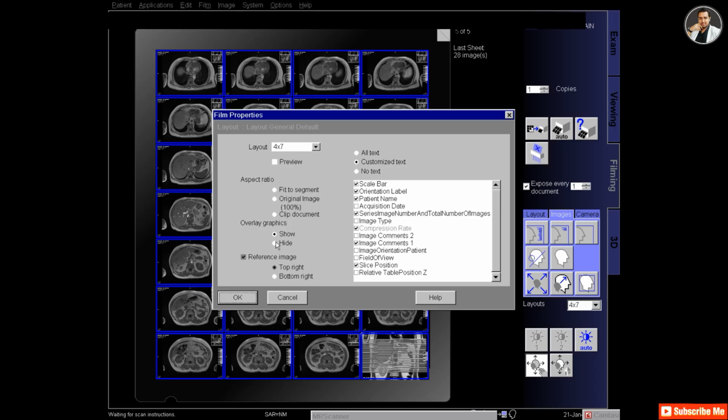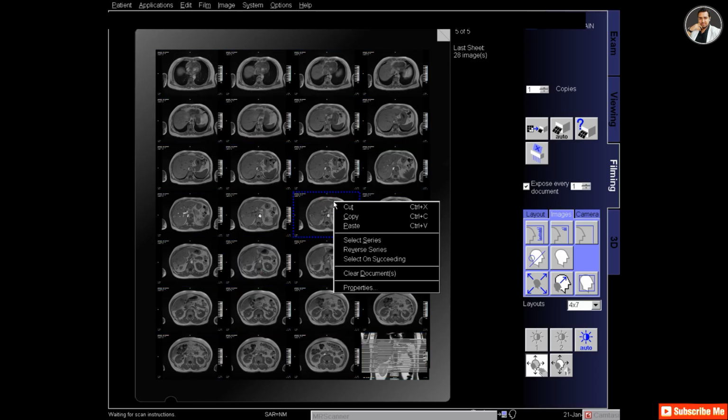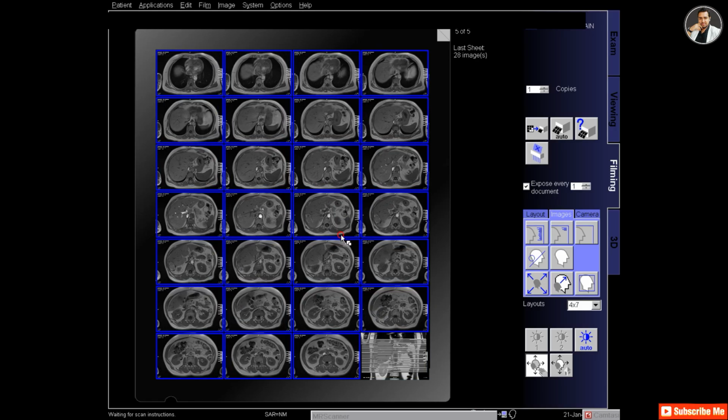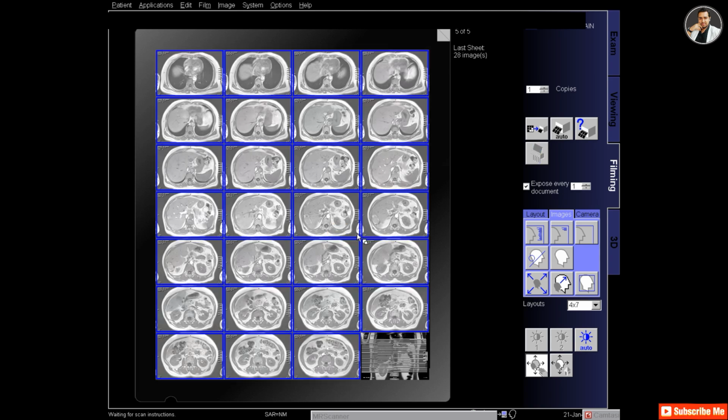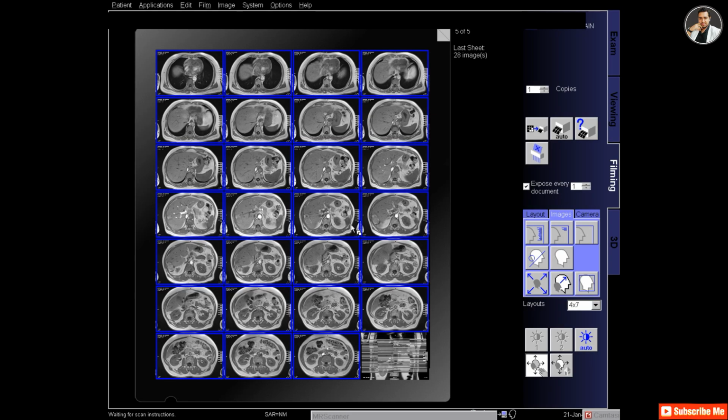So three axial protocols have been prepared to be printed. These are all pre-contrast protocols, normal sequences: T2 HASTE transverse, T2 TrueFISP fat-sat transverse, and T1 in-opposed phase transverse.